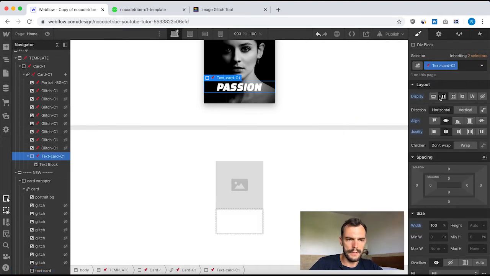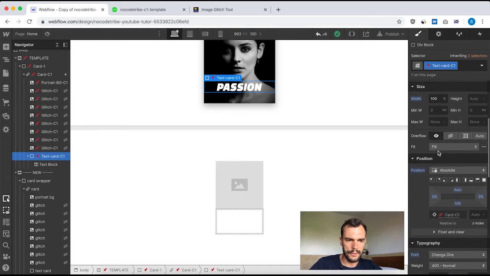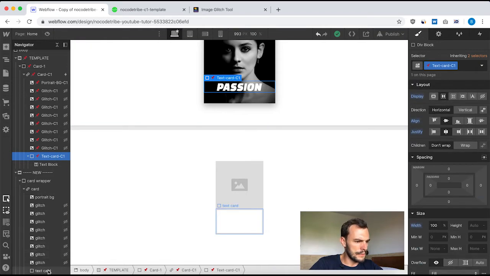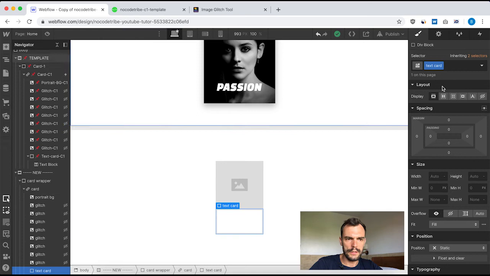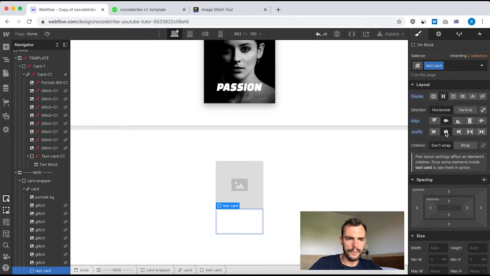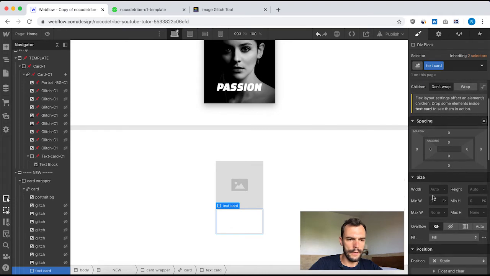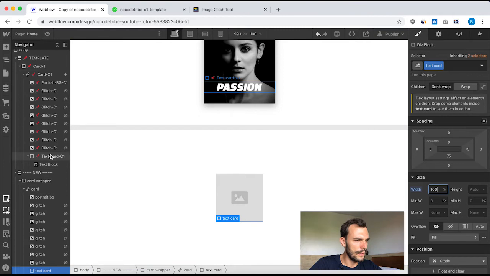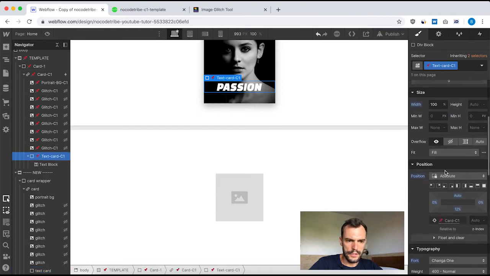I need display flex, horizontal, center, width of 100%, position absolute. So in my new project: flex box, horizontal, center, width of 100%. What else? Position absolute,